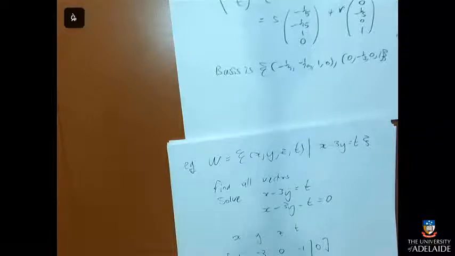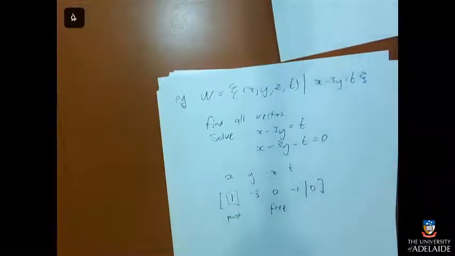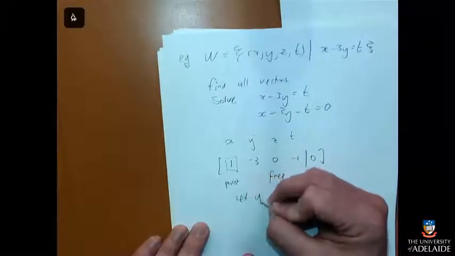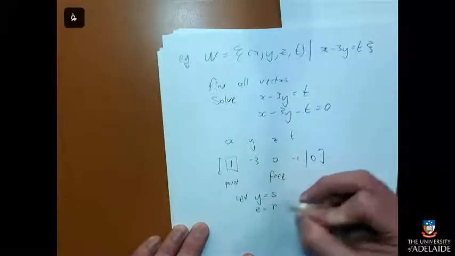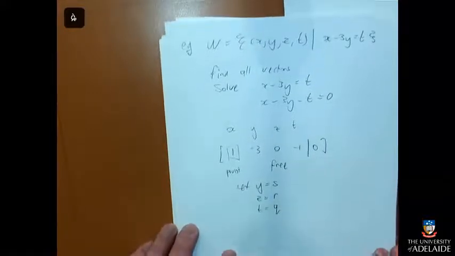So I'll need to do some row operations in order to get my identity matrix, but the one by one identity is just the number one, so there's a pivot just here already, which makes this a pivot and these are free. And so I'll give those free variables letters. I could just keep them as the letters they are, but it's tradition to change them. So I could say let y be equal to s, z be equal to r, t be equal to q. Just do my alphabet backwards.